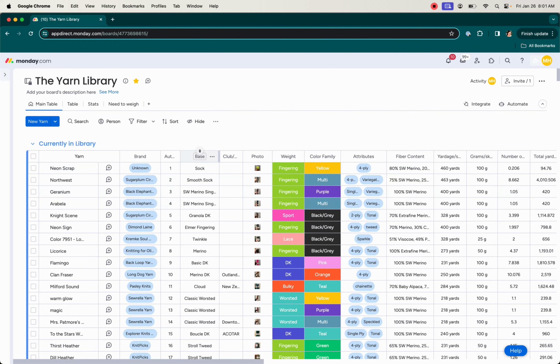This is the base, and I put the actual base name that comes from the dyer if I know it. Otherwise, sometimes I just put sock. This is a great example. I don't know anything about this yarn. It's a sock, unknown brand, neon scrap. If I know the club, I'll put that here. I do take photos of everything and upload them. It's really easy because I have a MacBook, so I just drag and drop. But